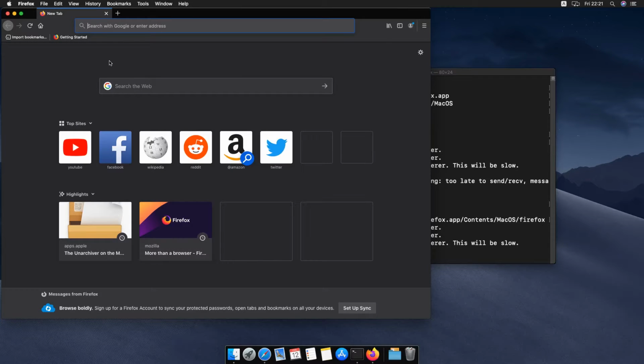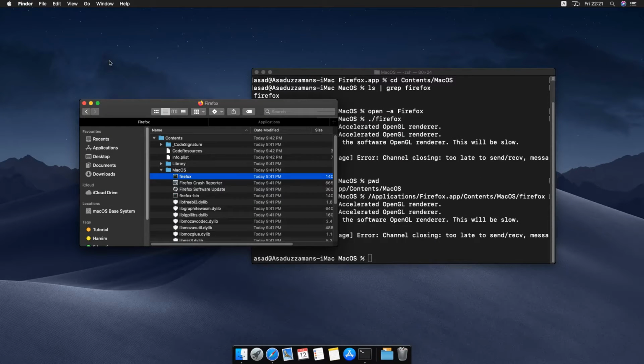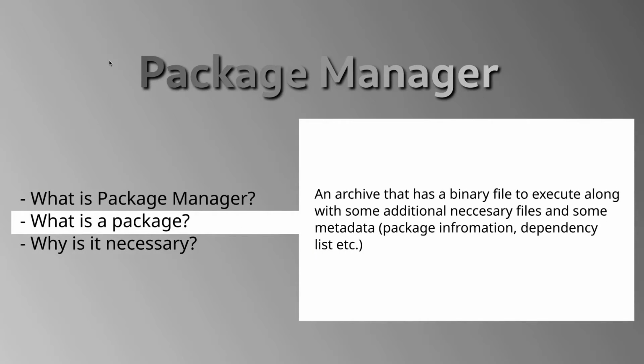Okay, I think the idea of a package is clear now. So, I've skipped one thing here. There's some metadata. So what is that metadata? The metadata is actually the package information and the dependency list. By package information, I mean the name of the package, the version of the package, the description of the package, and the dependency list is the